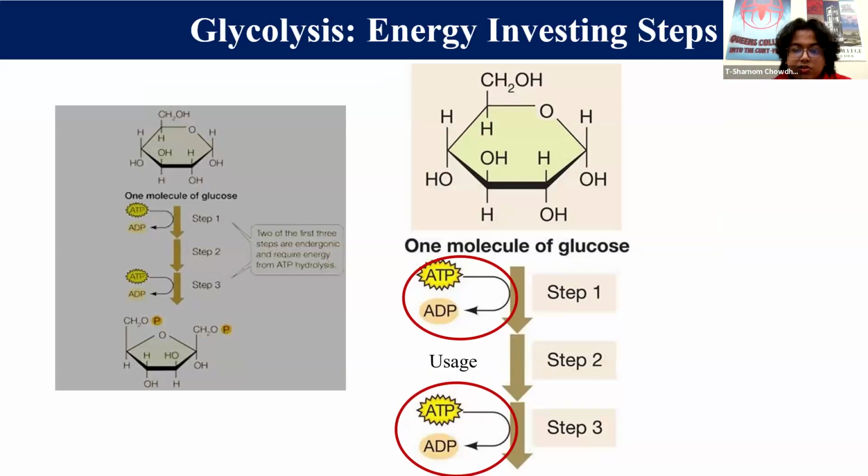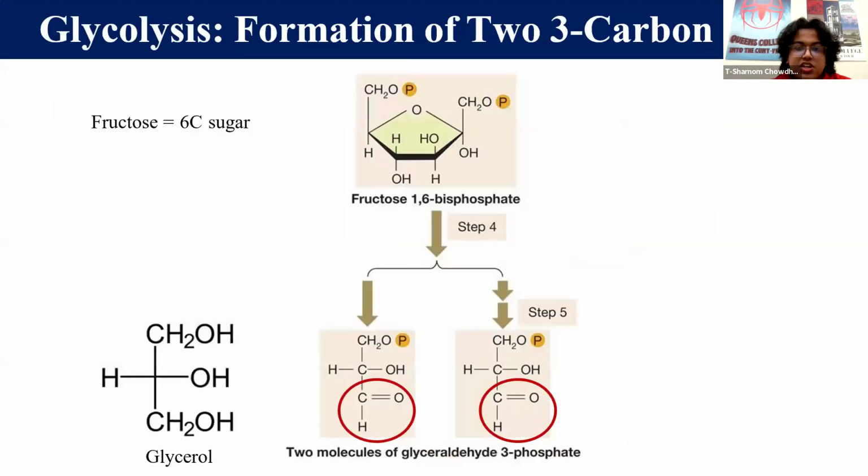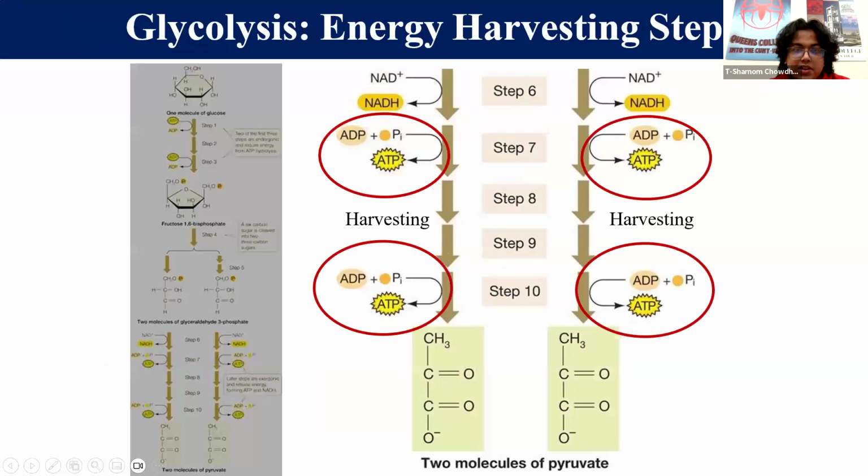ATP gets hydrolyzed, and two of the first three steps require energy for the hydrolysis of ATP. So you have your molecule of glucose, that requires energy from ATP hydrolysis, and that eventually produces glucose 1,6 bisphosphate. Then eventually that turns into what we know as G3P. G3P is important because G3P also creates glycerol, which is normally seen in your fatty acids. After the G3P gets used,